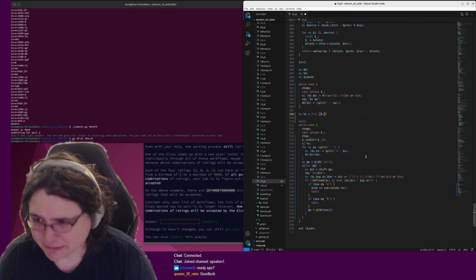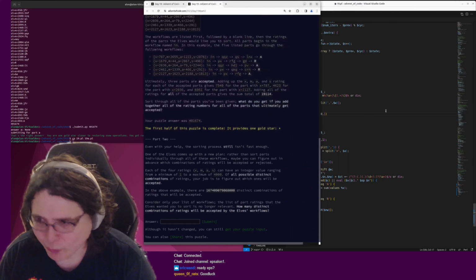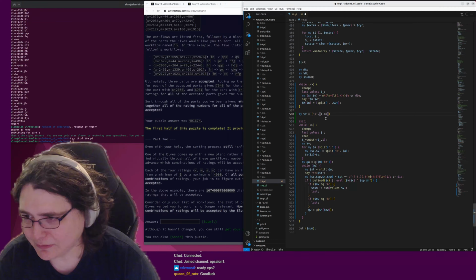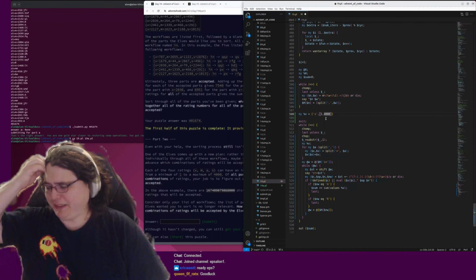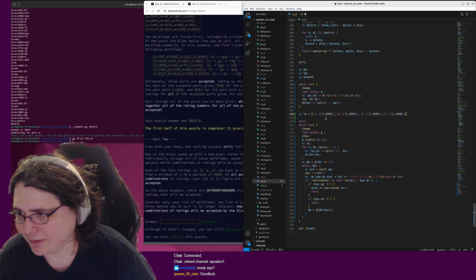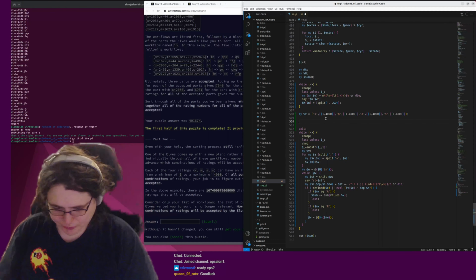x from 0 to, wait, the values are from 1 to 4,000, okay? So I need to make this as a series of intervals. Yeah, let's just, oh, I wish I wrote this before. That's my starting value. Now I need to go over,